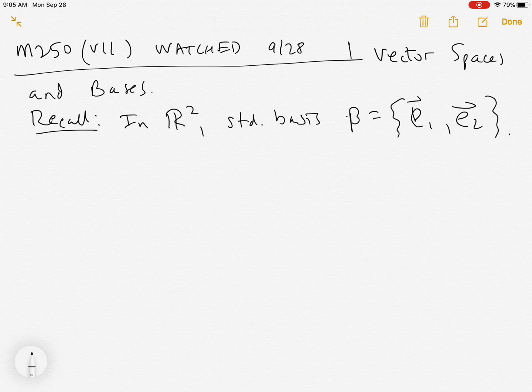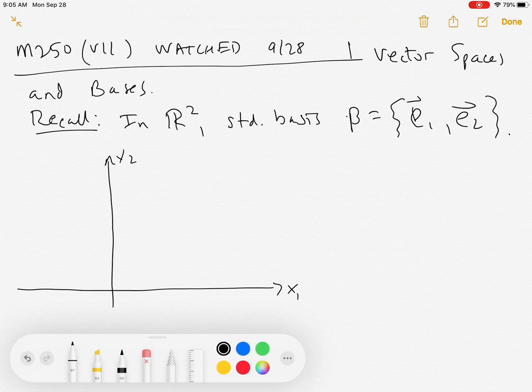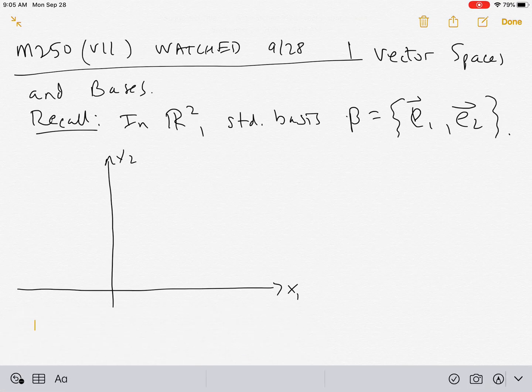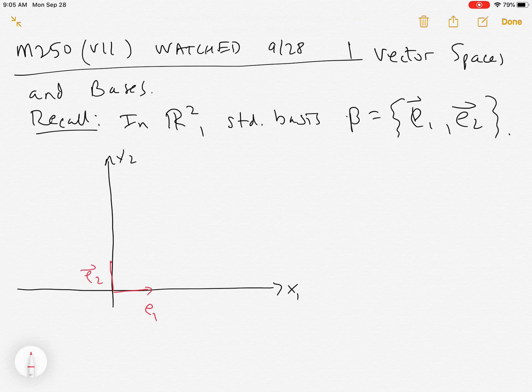So in particular, for this basis in R2, if we look at the two vectors, there's E1, there's E2. And if you want to move around this coordinate system, you move in linear combinations of E1 and E2 because we've imposed this basis onto R2. So in particular, if say I wanted to get to